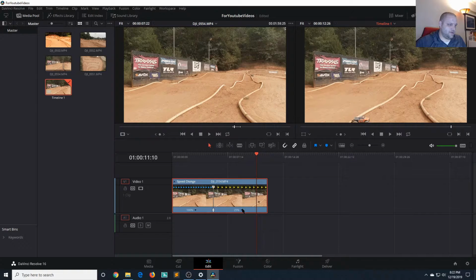But then right there, I want to add another speed point and change this back to 100. So let's see what that did. Play, awesome jump, and back to 100. All right, so now what I'm going to do is on this side, we're going to see that car come